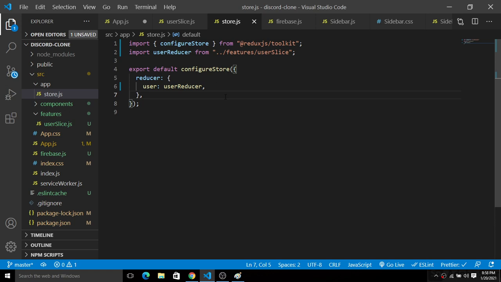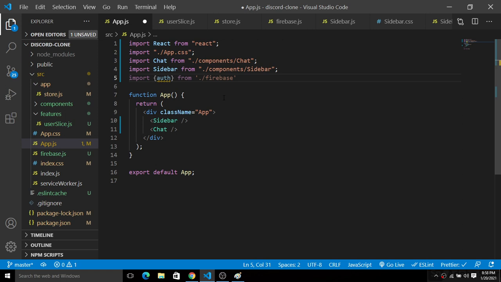Now let's go back to your app.js. So basically we have successfully created a user state here and simply stored this. Now let's go back to your app.js. So we have done the redux stuff for the user here. Okay, so fine, we want the login, logout, and each and everything inside of this app here. So how are we going to do this? Basically we have to simply authenticate the user first of all.